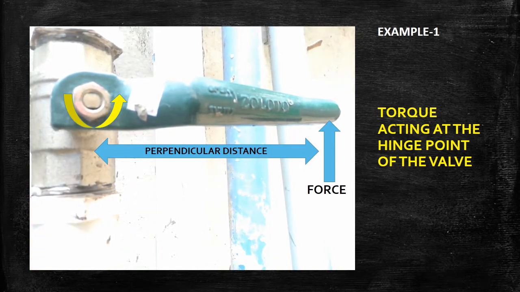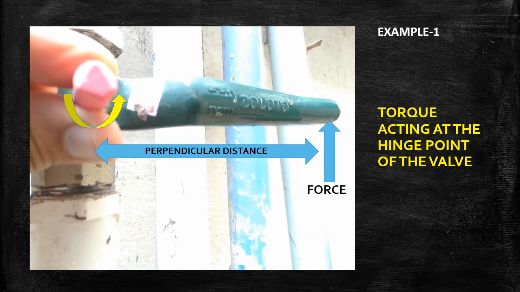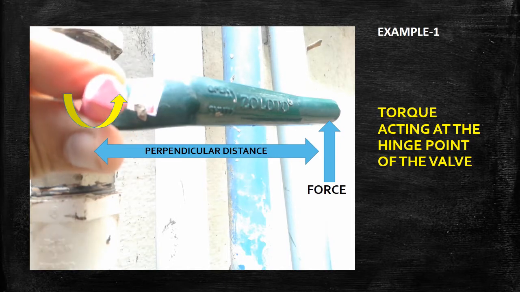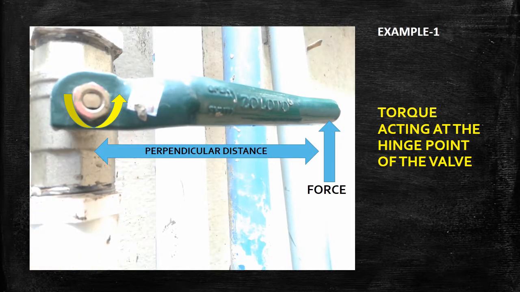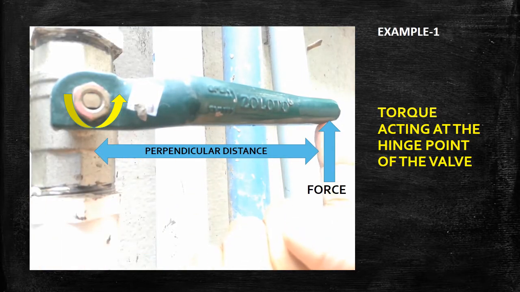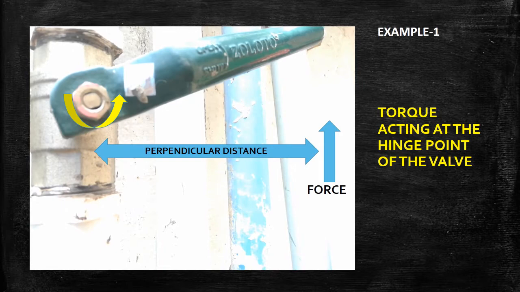The direction of the torque is shown by the chalk that is acting towards you. Are you clear? The chalk direction exactly shows the direction of the torque. That one causes the anti-clockwise twist here. Again I will show you. Force is applied on the perpendicular distance, and torque is created here. This is the best example to understand torque.